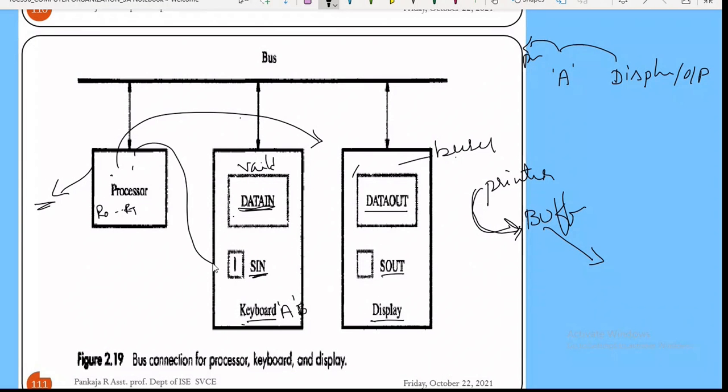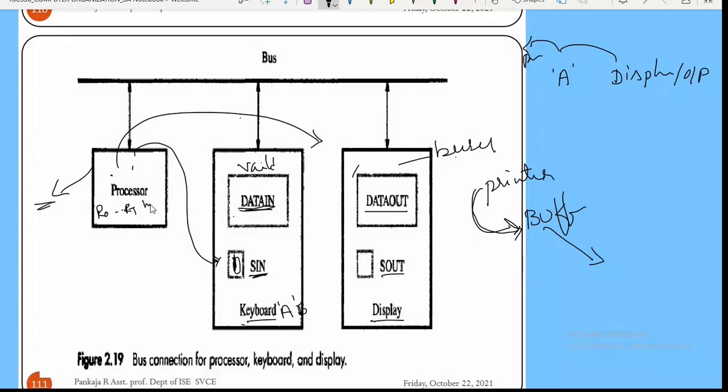The processor keeps on checking this flag information. Instead of directly checking the valid data, it keeps checking whether this particular flag is set or not. If there is no valid data, the flag is 0 and it is not going to perform anything.